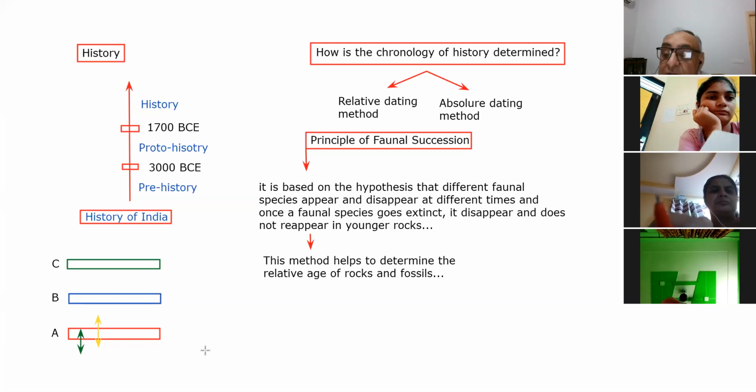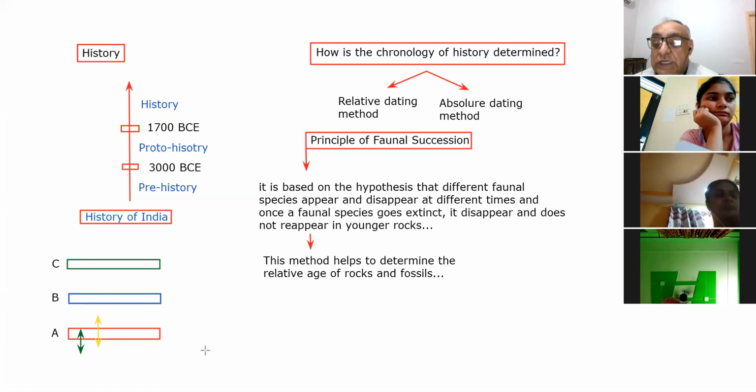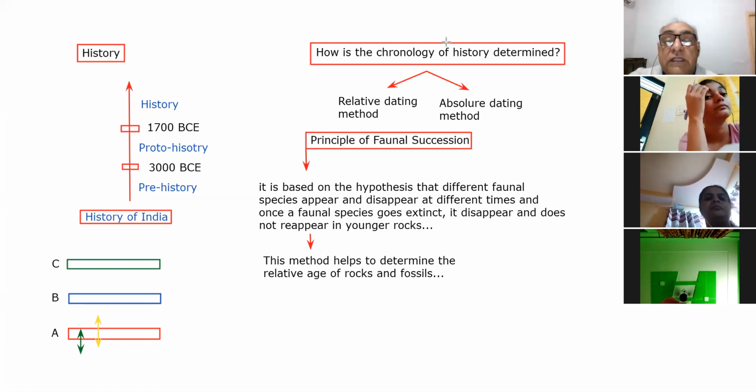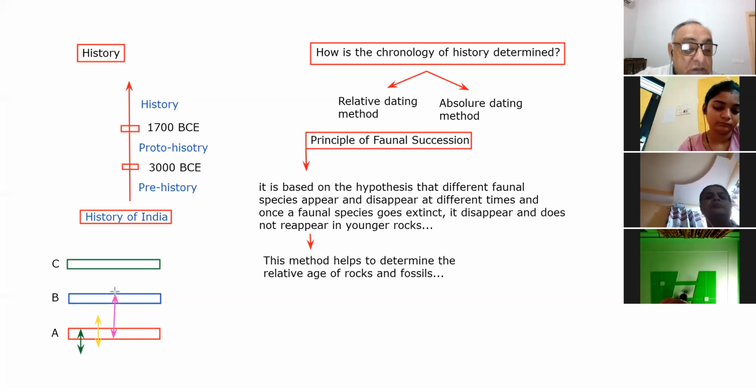But this was not available in the B period of time, right? That means we can say that this species came into existence before the A period of time, but it got extinct before the B reference period starts, right? So this can be there. And next, let's suppose this species starts here and it got extinct by the time it reaches here, right?